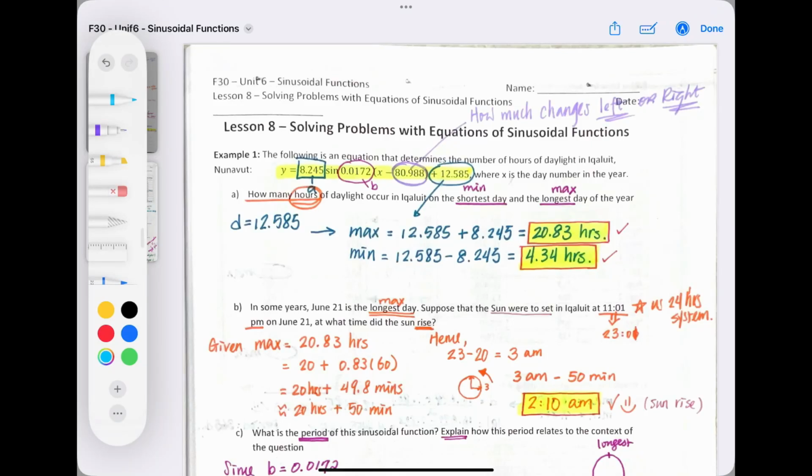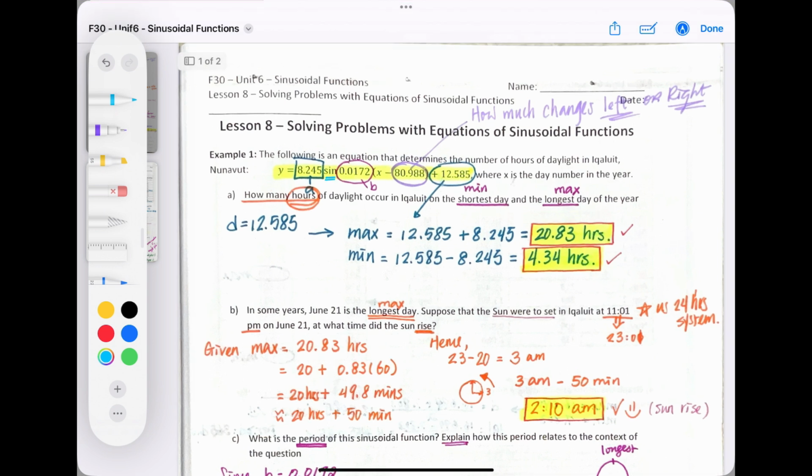Alright, in this video, we are going to repeat what we talked about during classroom time about the awesome sinusoidal application. Make sure you activate your eagle eye. Do you see my A, B, C, D? Given a function talking about the hours of daylight, and given the function is a sine function,